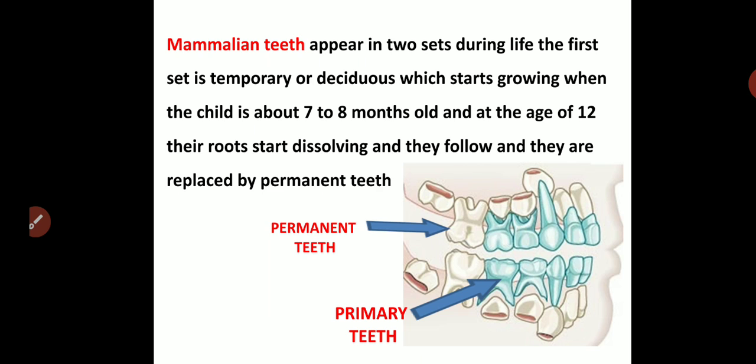And this you can see very clearly in the diagram. The blue colored ones which are shown are the deciduous teeth or the primary teeth. See how the permanent teeth, the white ones, start coming up and making place for themselves. As they start pushing up, they loosen the roots of the primary teeth, and then the primary teeth start falling off. So the deciduous teeth fall off, and the permanent ones develop and take their place. The permanent teeth in man are 32 teeth, 16 in each jaw. Okay.